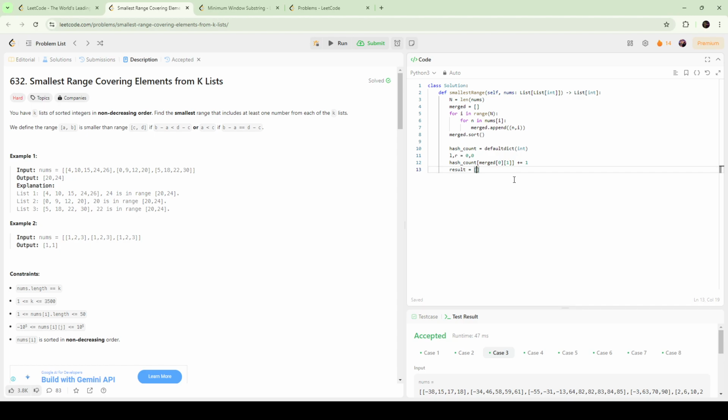Basically, it's up to your preference, but I'm going to do this. This is going to be the end point, and what is the start point? The start point I'm going to set to merge 1, 0 plus 1. Why? Because when we apply our sliding window technique, there will be a point where we meet a candidate, right? For a given example,